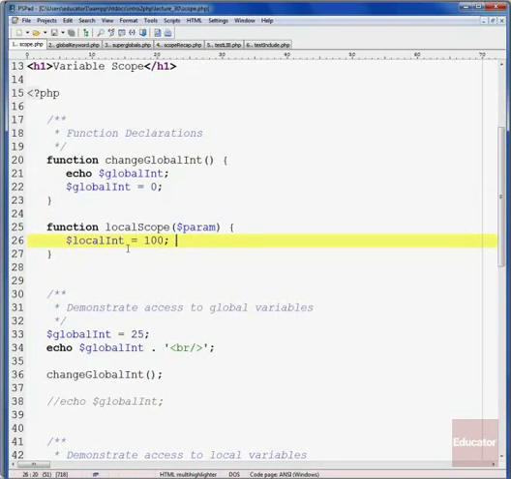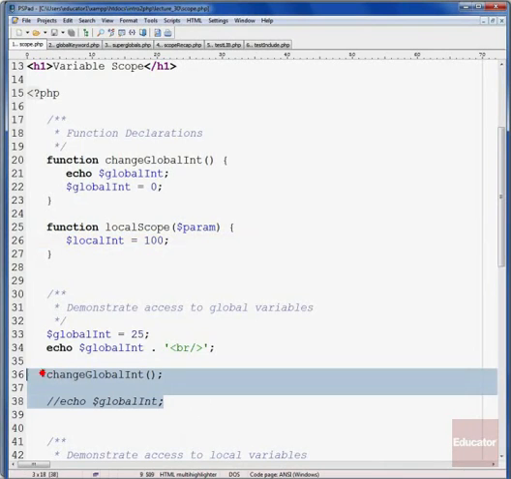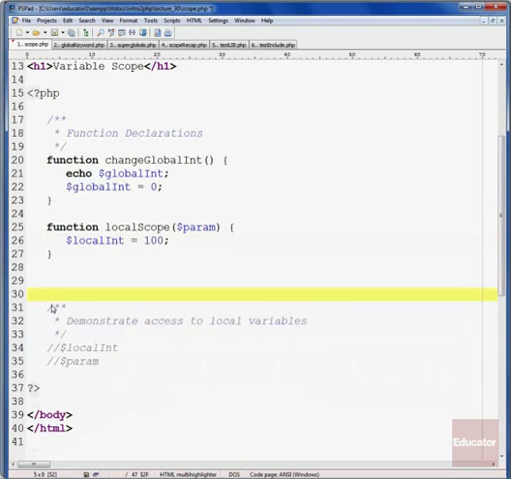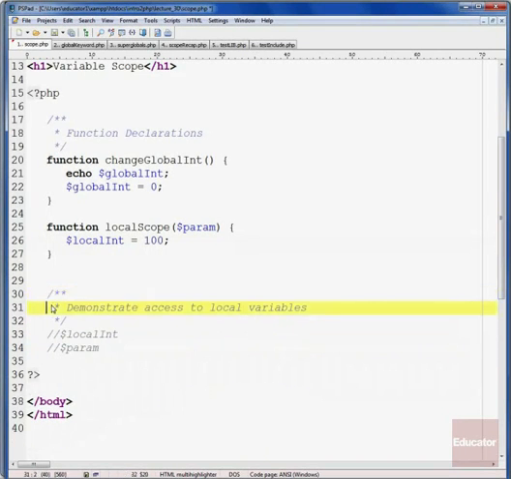Now this is a local function variable, and what that means is because it's defined within the function, it's not available here in the outside script. So even if we were to attempt to access this variable outside of the function, it wouldn't work,